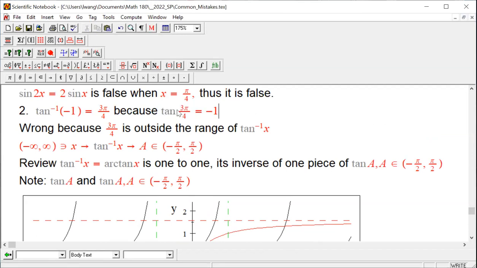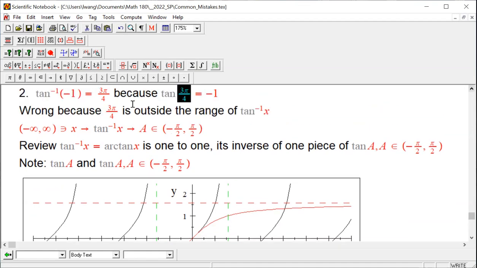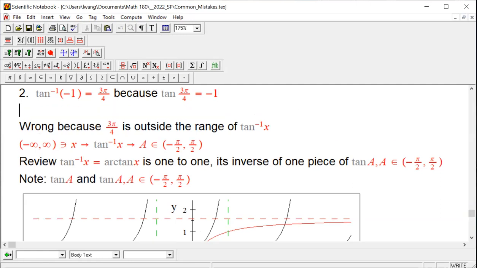But unfortunately, 3 pi over 4 is outside the green piece of tangent. Yes, it is true that tangent of 3 pi over 4 is negative 1, but the arctangent of negative 1 is equal to negative pi over 4. So the correct answer